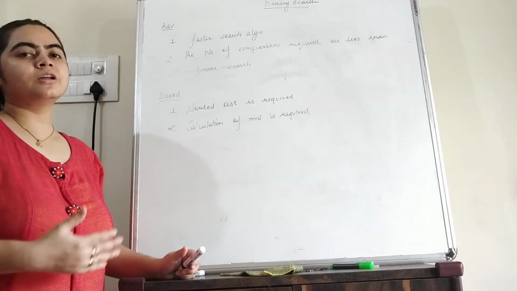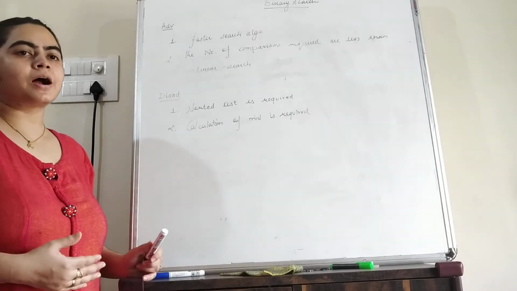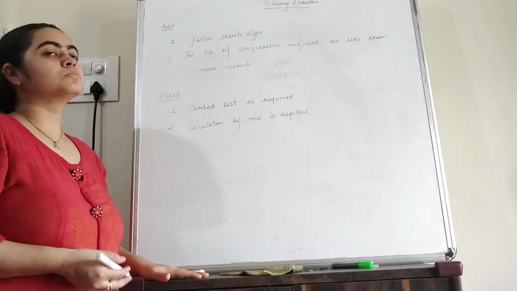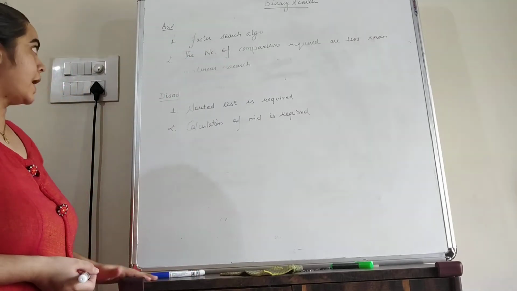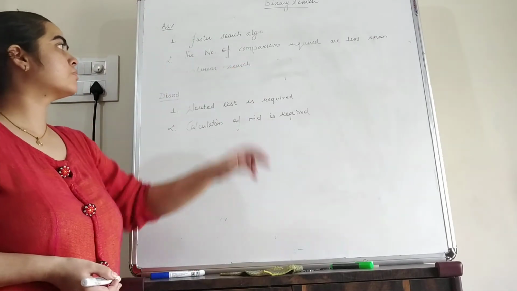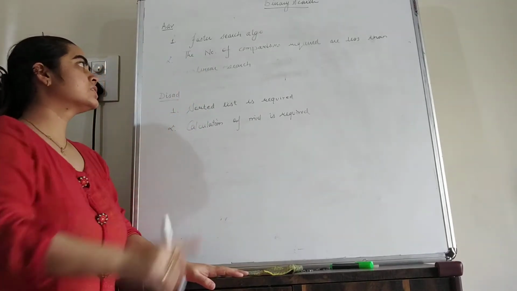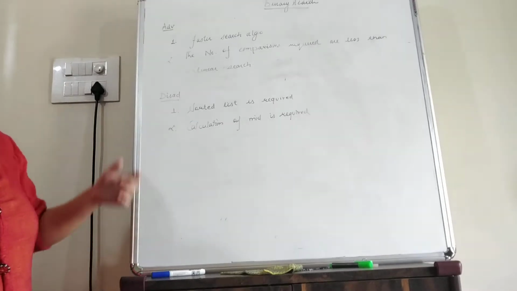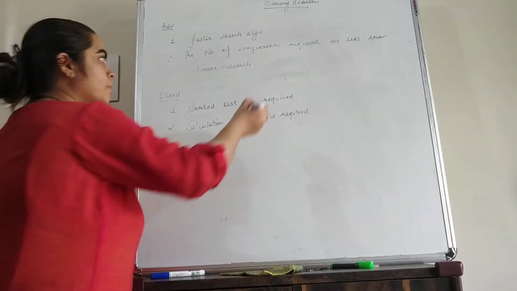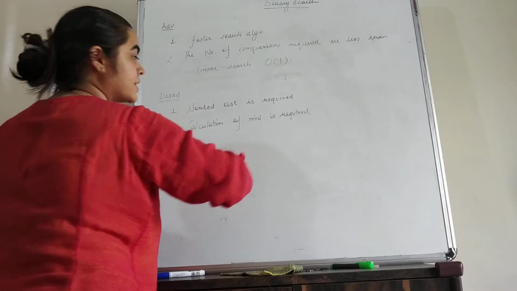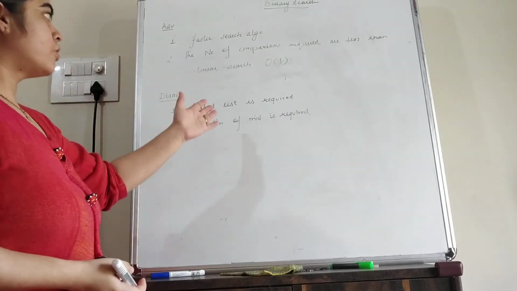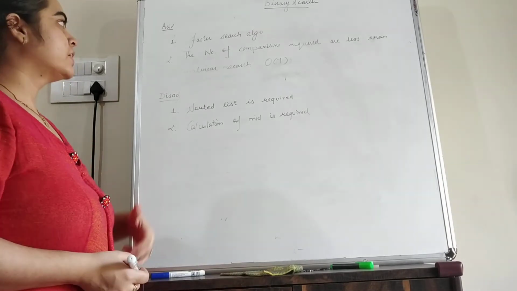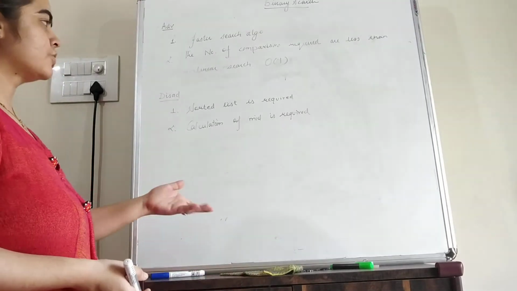So again and again we can divide a list into subparts. So that means using this our algorithm is much faster as compared to the other algorithms. Next is the number of comparisons required in case of the binary search are less than that of the linear search. See students, in case of the binary search, the complexity in the best case is big O of 1. That means the item which we want to search is directly in the mid, so we can set the location equal to the location of the mid.